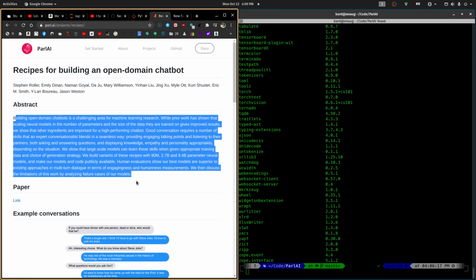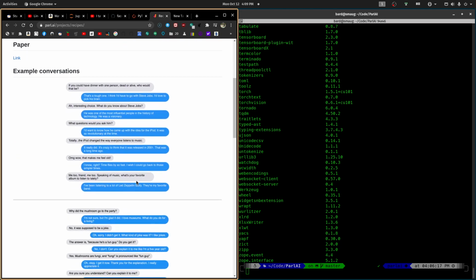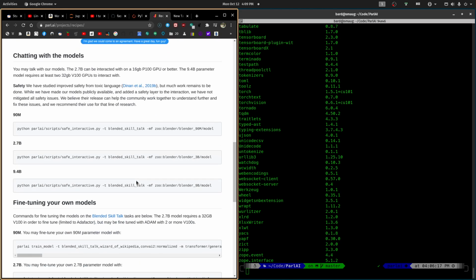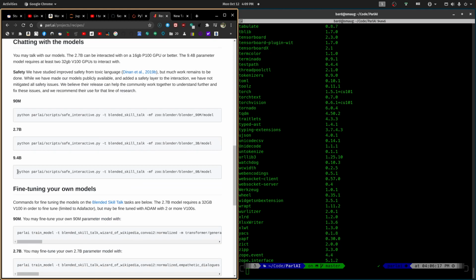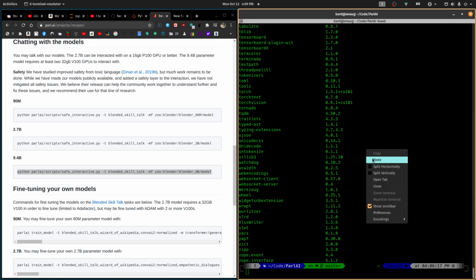We show that large-scale models can learn these skills when given appropriate training data and choice of generation strategy. We build variants of these recipes with 90M, 2.7B and 9.4B parameter neural models, and make our models and code publicly available. Human evaluations show our best models are superior to existing approaches in multi-turn dialogue in terms of engagingness and humanness measurements. We then discuss the limitations of this work by analyzing failure cases of our models.